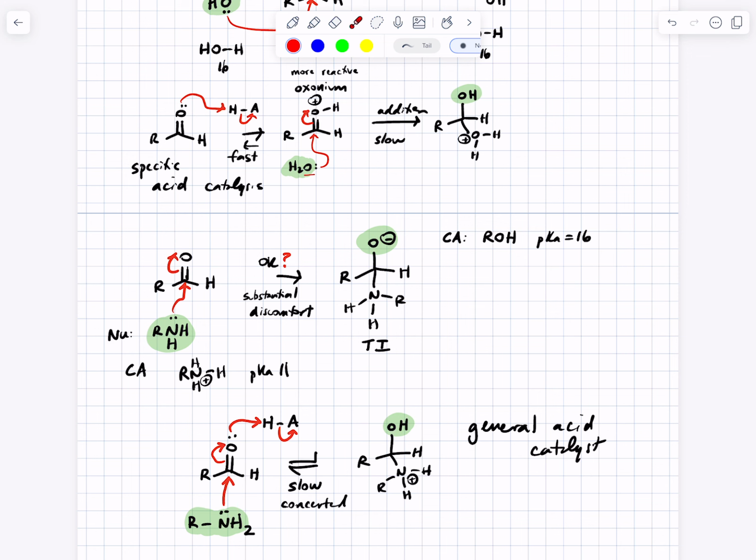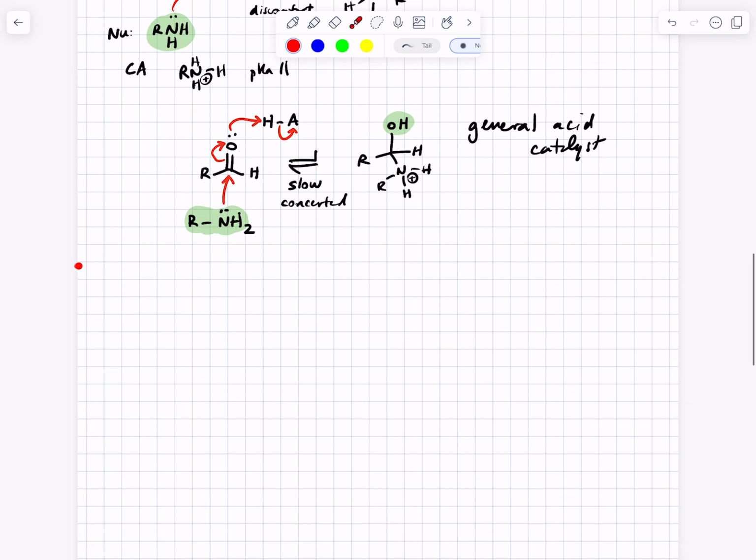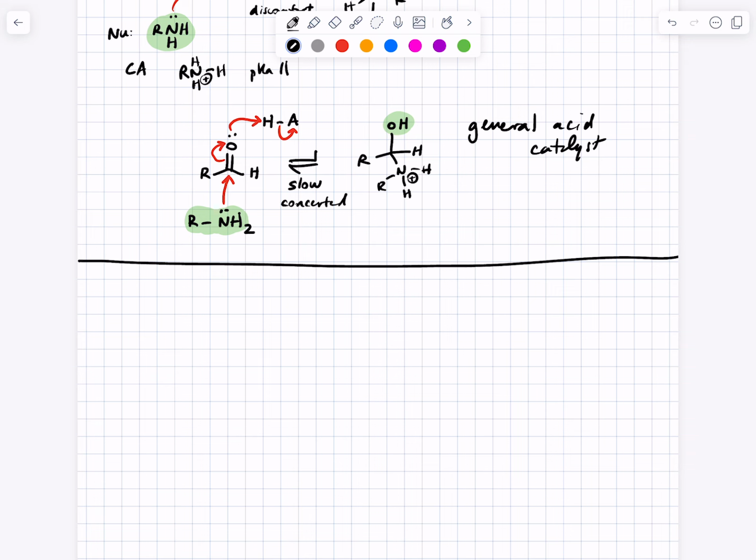Got the idea? Okay. That's the addition step. After that, and we're talking in general terms because so much of what we're going to do in the next 2 or 3 chapters is all variations on this theme. So I know some of you are anxious to get to what about lithium aluminum hydride and what about NADH, and we will try to do that, but if you understand the general picture, the details are going to be